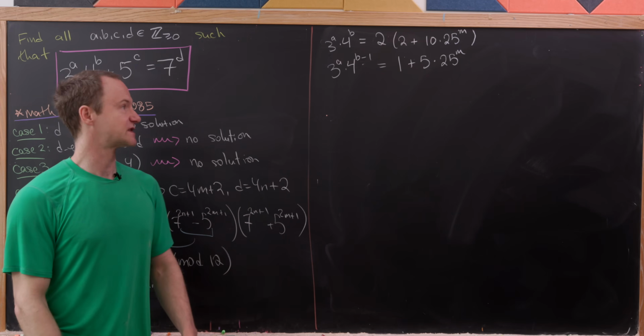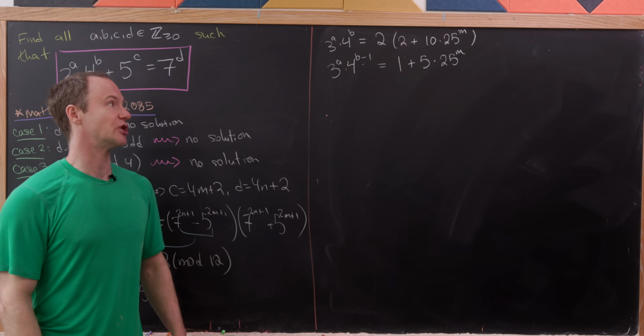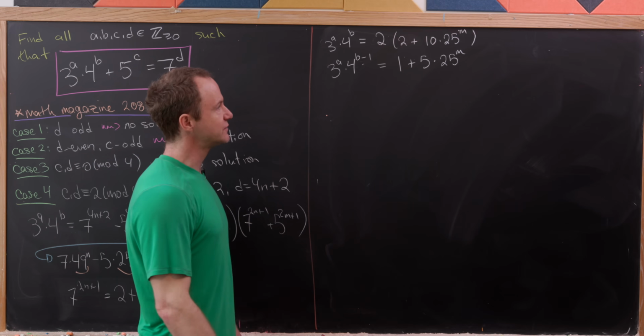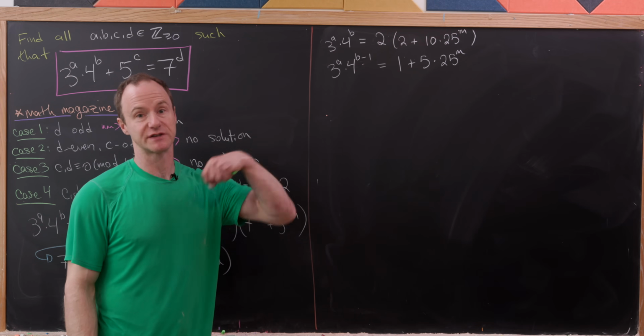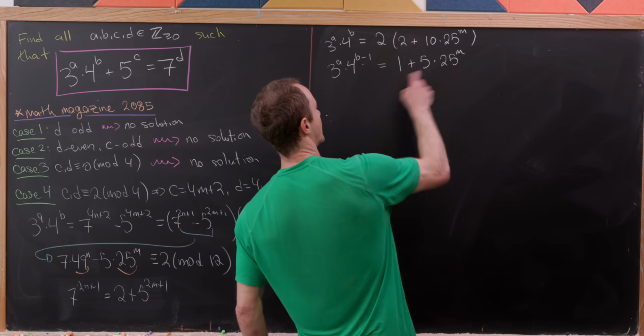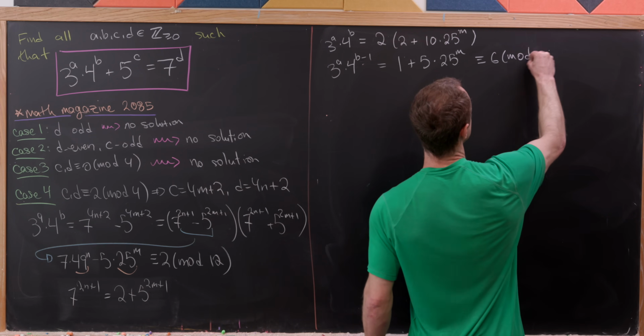So we're left with something like that. Now what I want to do is reduce this thing modulo 8. If we reduce this mod 8, let's observe that 25 is 1 mod 8. It's 1 more than 24. So we have 1 plus 5, which is 6 mod 8. So all of this is 6